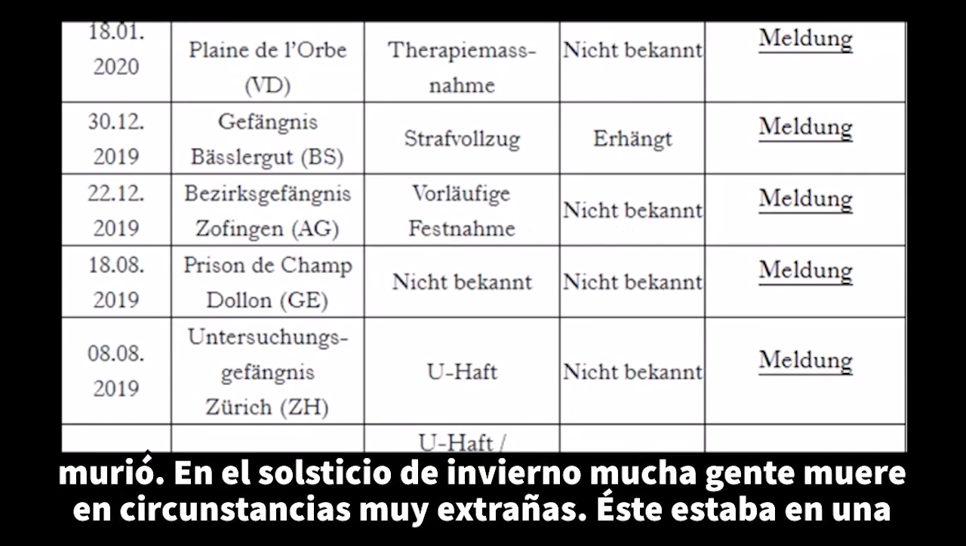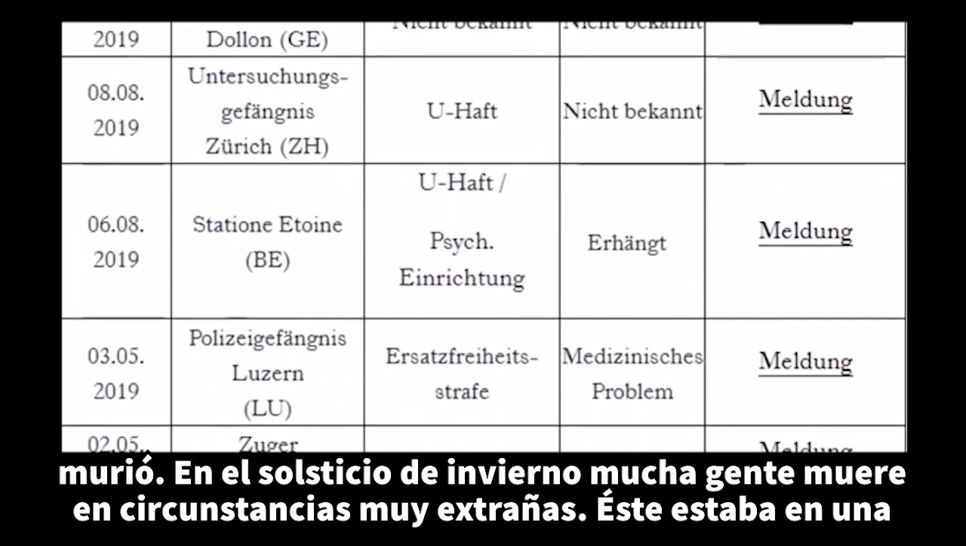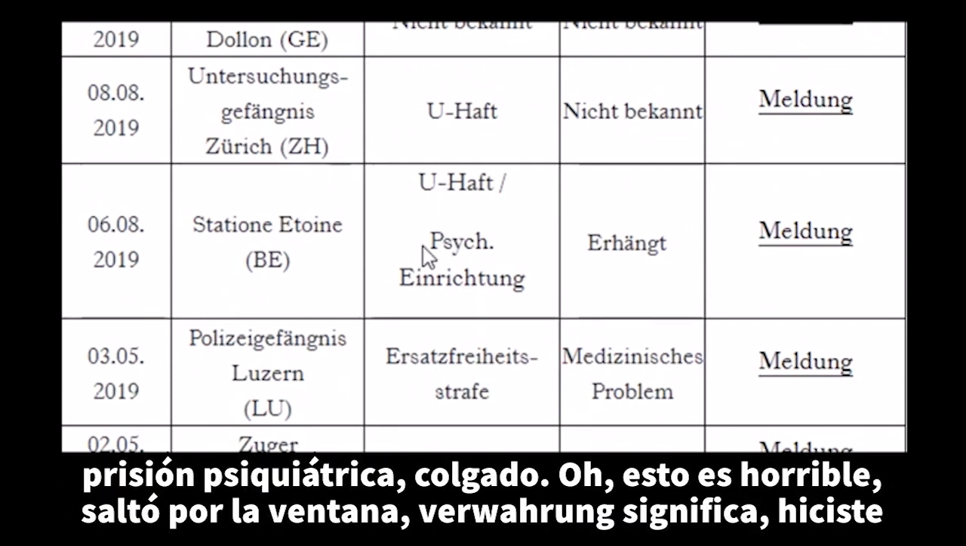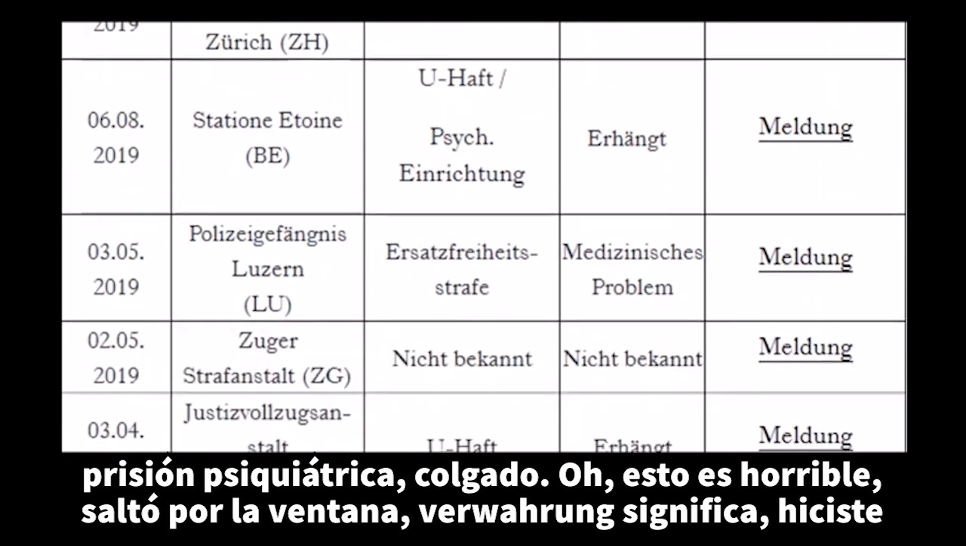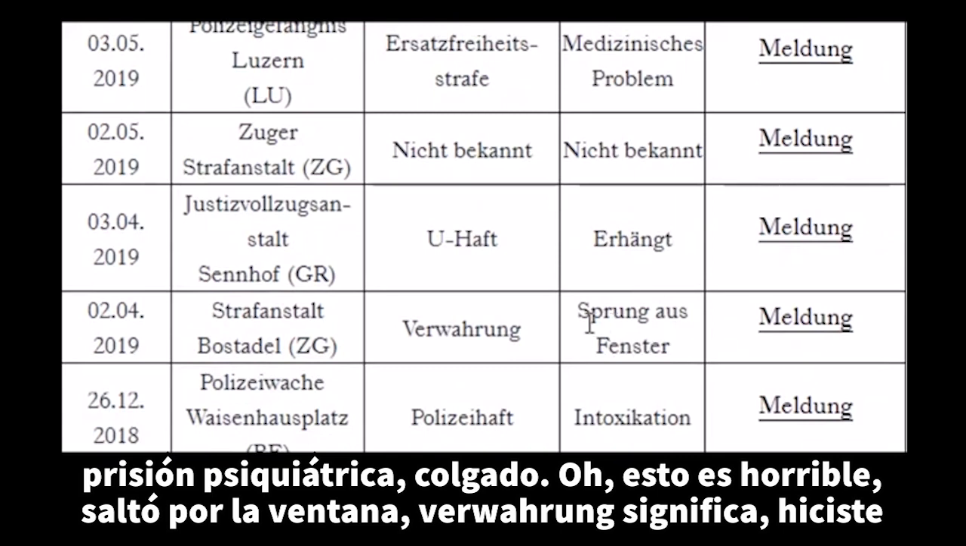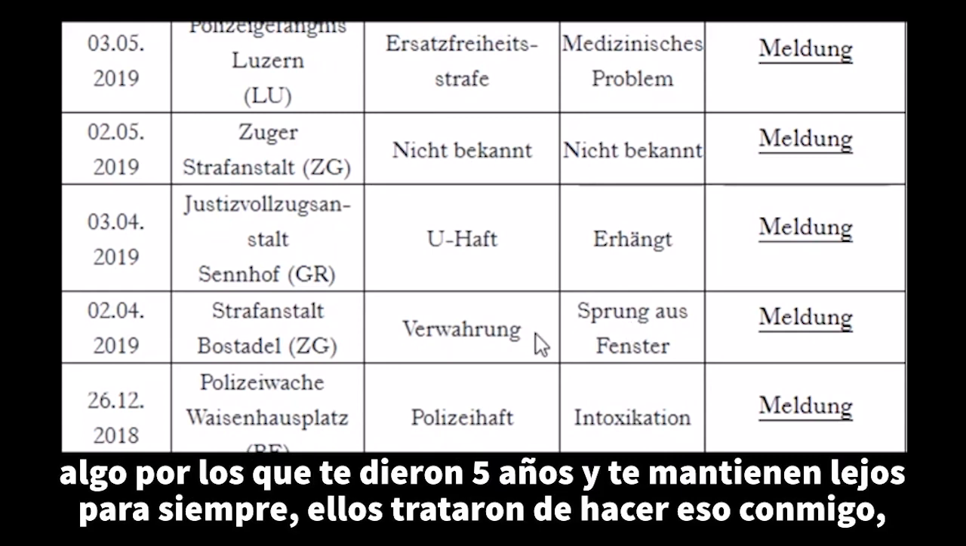They don't say how he died. Winter solstice, a lot of people die under very strange circumstances. This one was in a psychiatric prison, hanged. Oh man, this is horrible. Sprung aus Fenster, he jumped out of a window. A Verwahrung means you did something for which you got like 5 years, and they can keep you